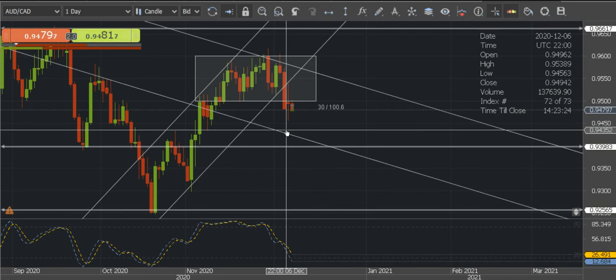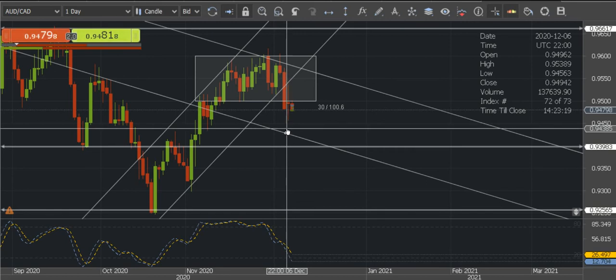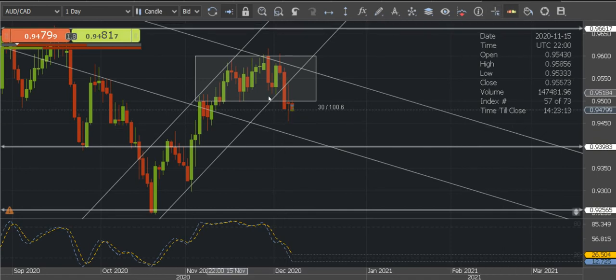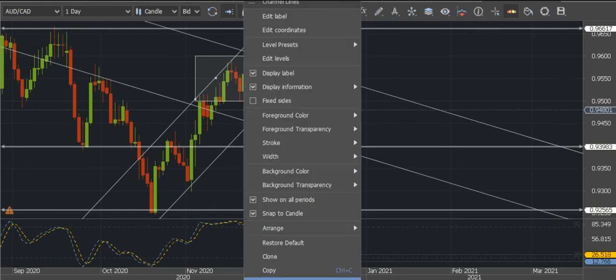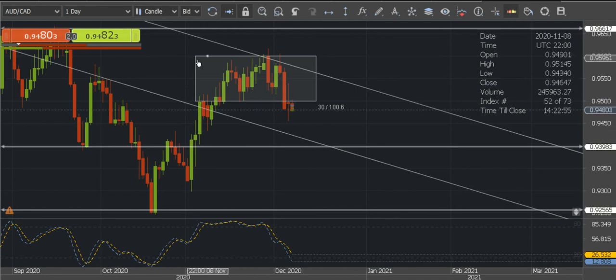Okay. So like this we have to analyze all the possible things which will happen in the future. Like that we have to draw. You don't have to draw like this, I just drew all these things to show you people. If you draw like this, it will make a complicated chart. Don't mess it up more. Just keep it very simple. So normally what I do, I will remove this uptrend because I know it was an uptrend. So I will keep only this rectangle.